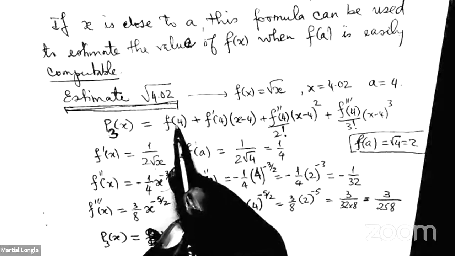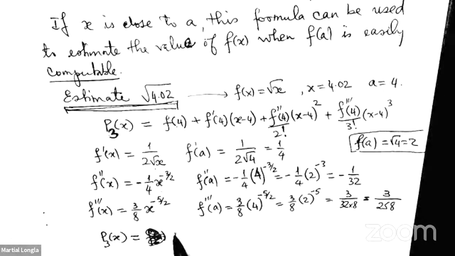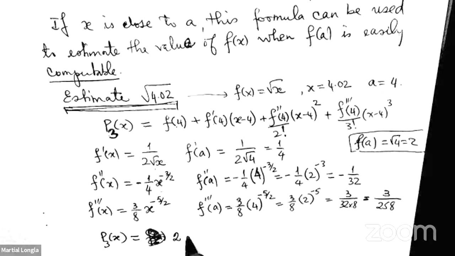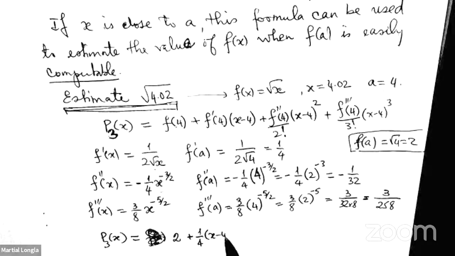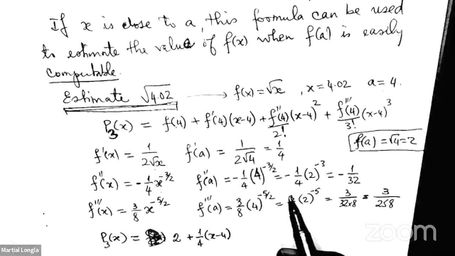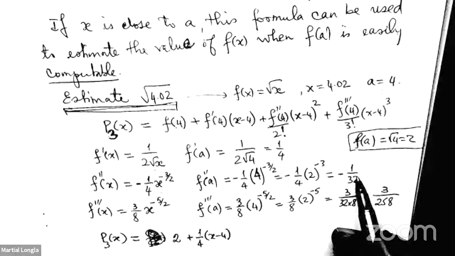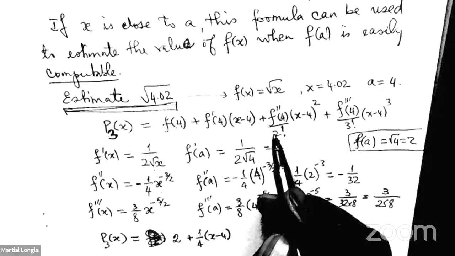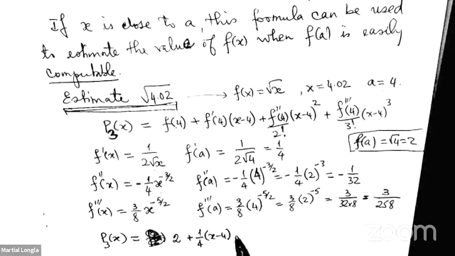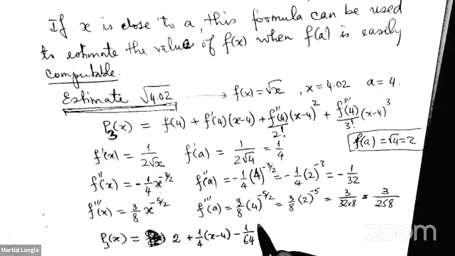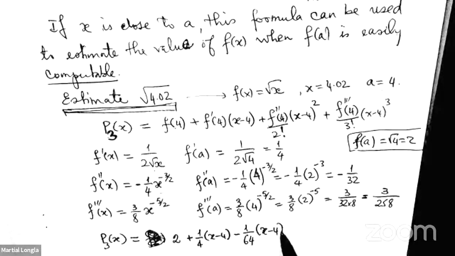So f of 4, that is 2, plus f prime of 4, that's 1/4, times x minus 4. And then second derivative, that is minus 1 over 32 divided by 2. So minus 1 over 64 times x minus 4 squared,